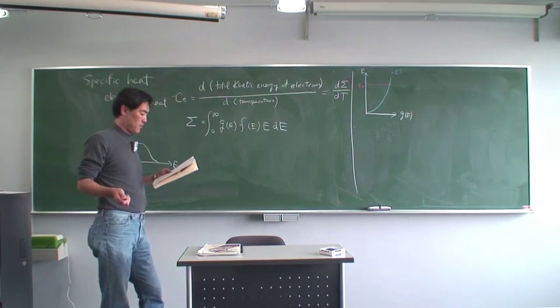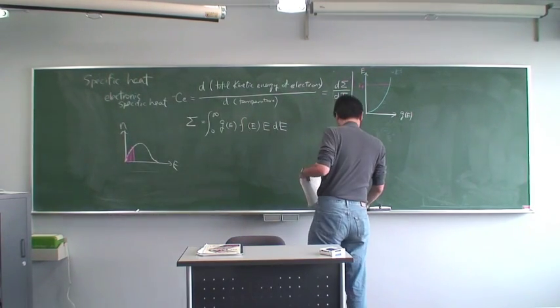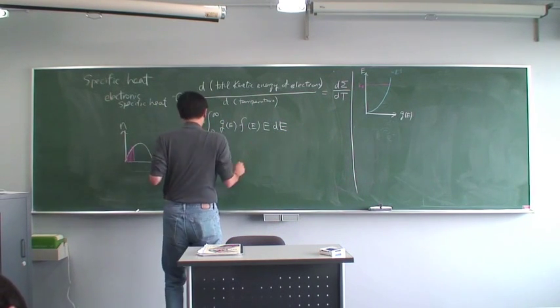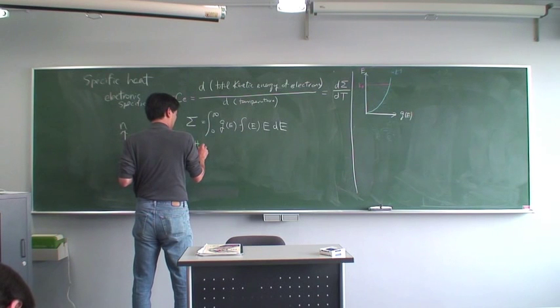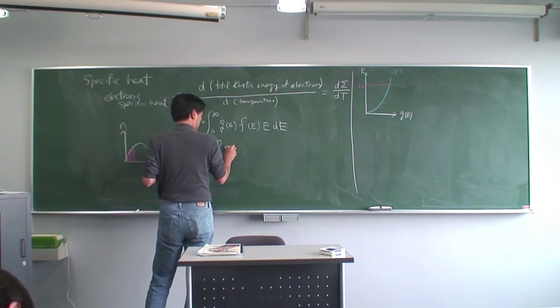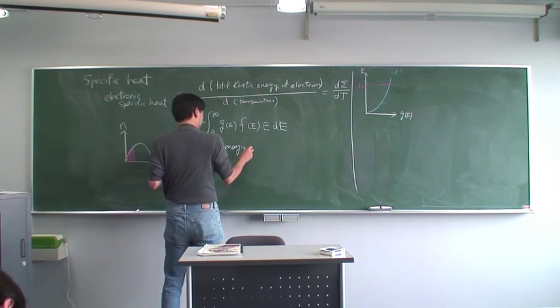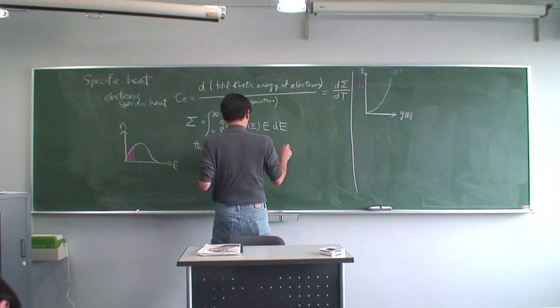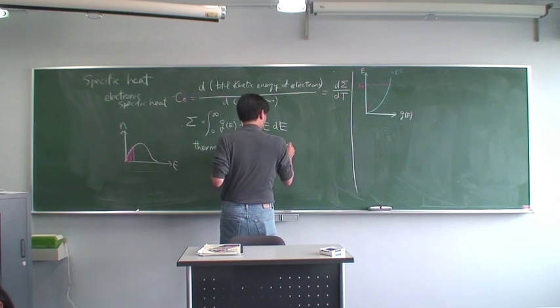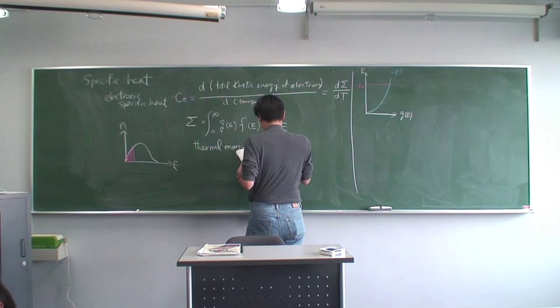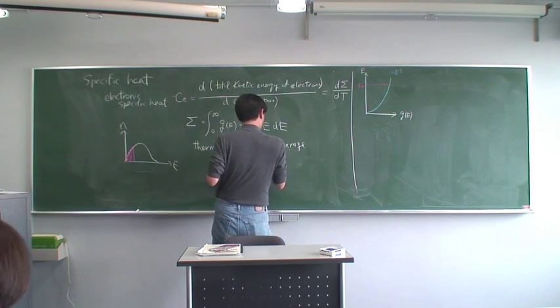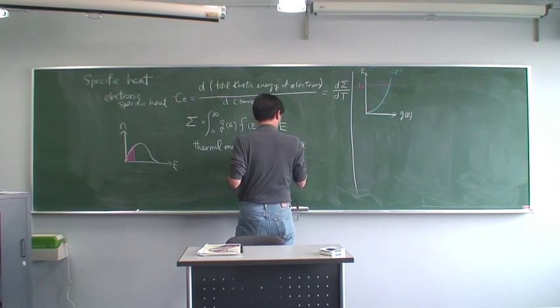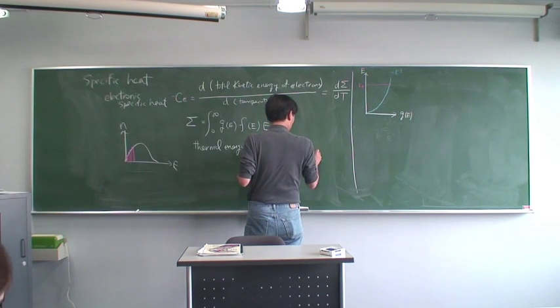And here we assume that thermal energy kT is much smaller than the average kinetic energy of electrons, approximately given by